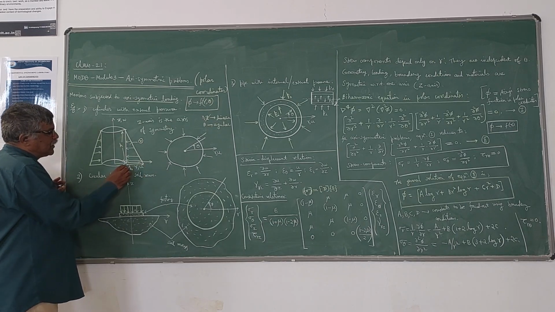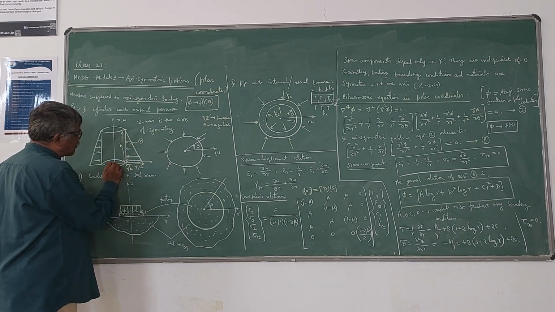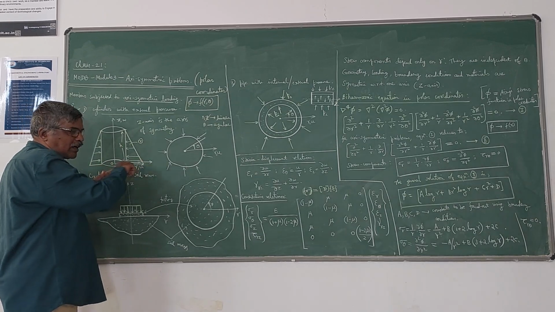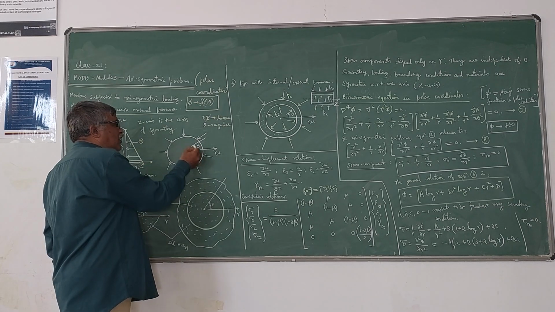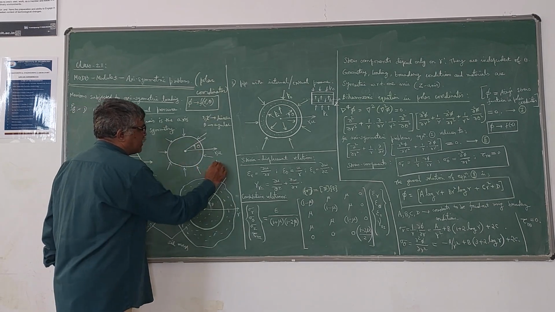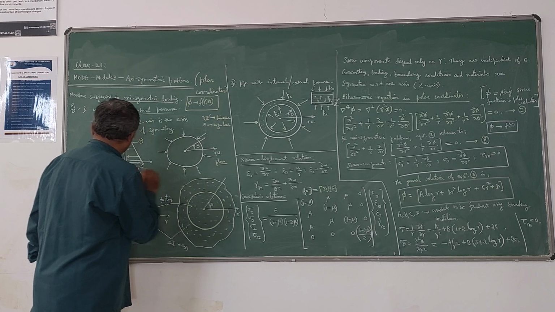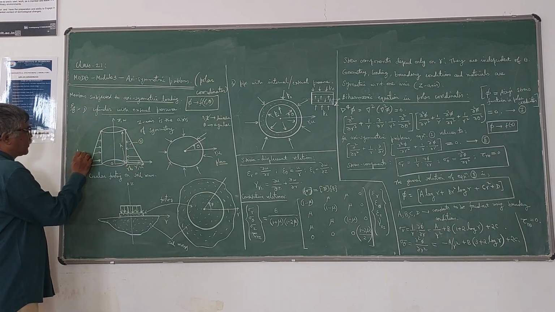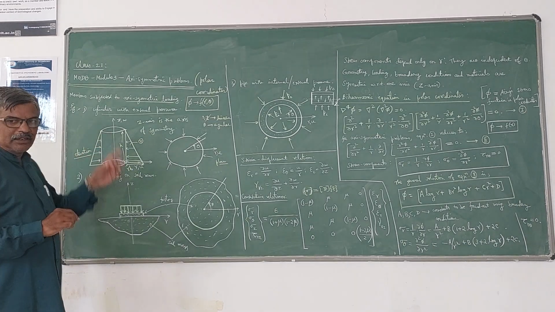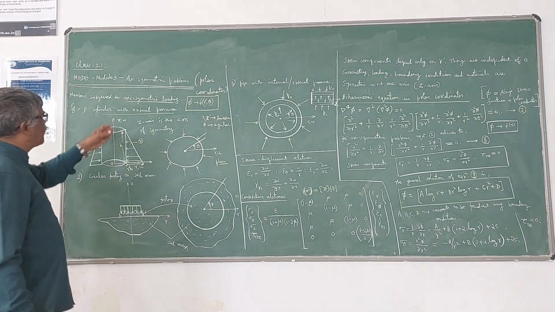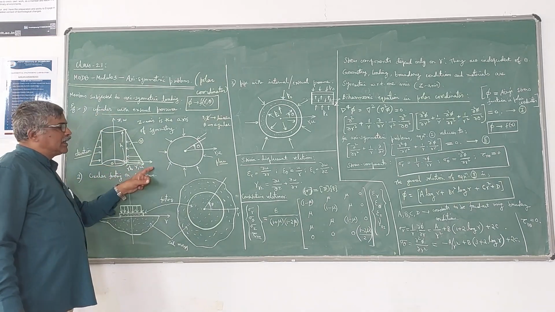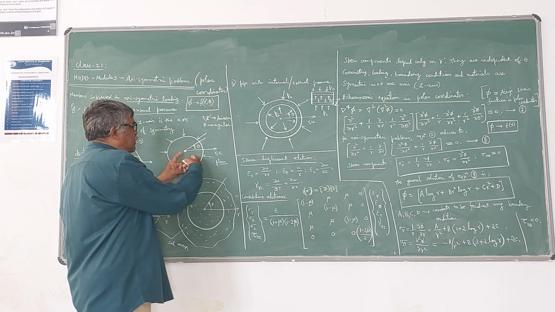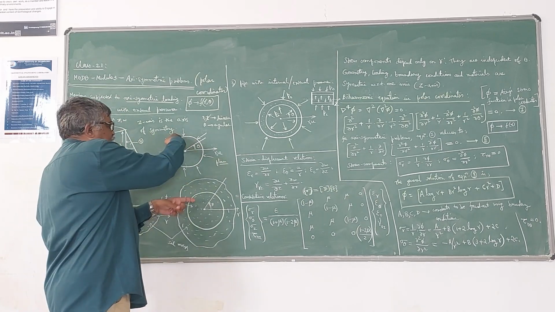Now here, r is this direction. Of course, if you take this as the r direction, the radius direction, theta will be the angular direction like this. This is the plan. You can see that this is the plan, and this is the elevation. In the elevation, you can see the height. So this vertical axis, you have to take as z. This horizontal axis is r, and theta is measured in the angular direction, anticlockwise, like this.